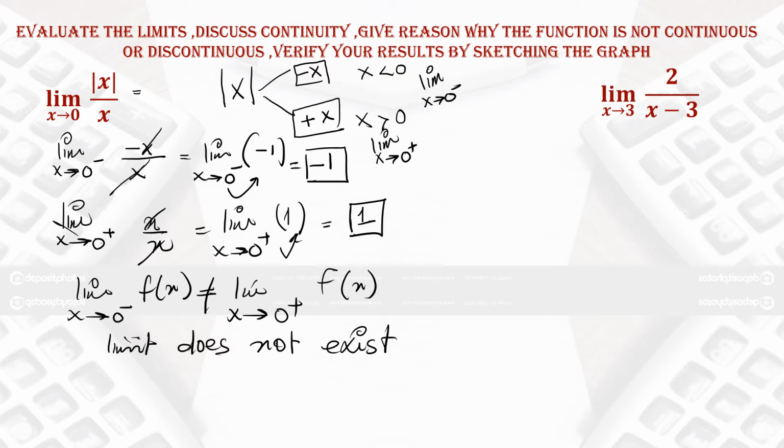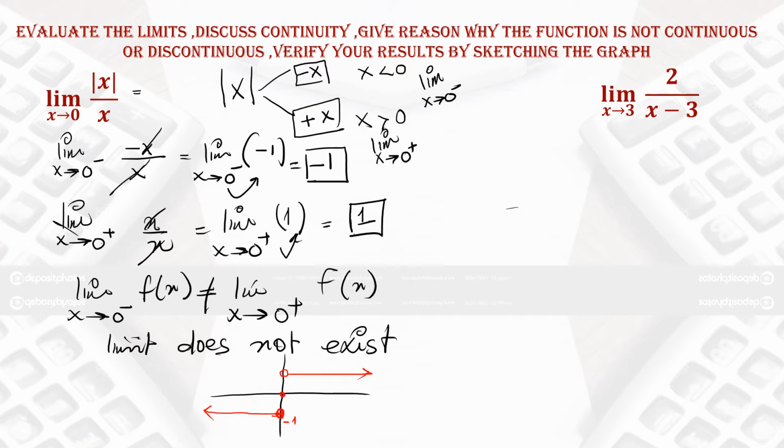Now you can go to the graph and graph directly with the help of the calculator. Otherwise we know that if we want to make a graph, on the left of 0 the answer is negative 1, and it is all going to the left hand side. Negative 1 is excluded. Now from positive x, all the answers are equal to positive 1, and positive 1 is also excluded. So this is the way we can make the graph.